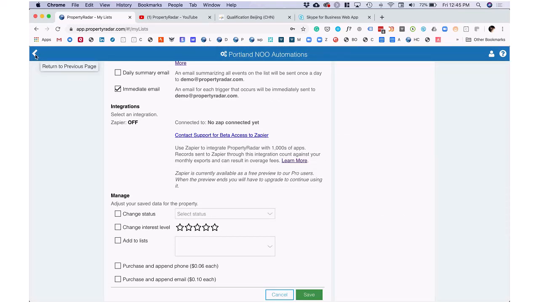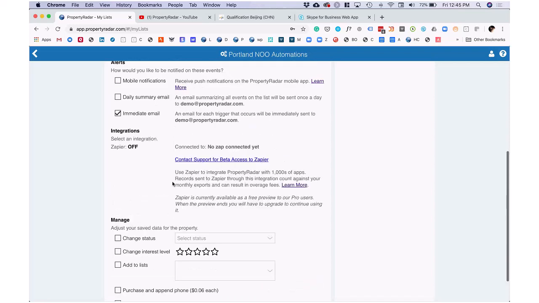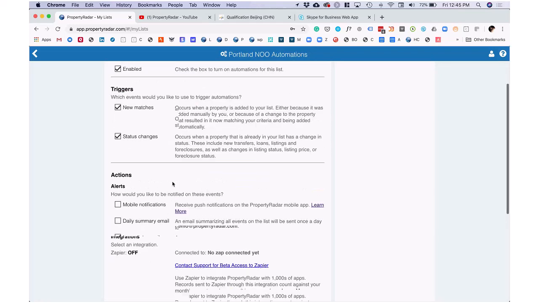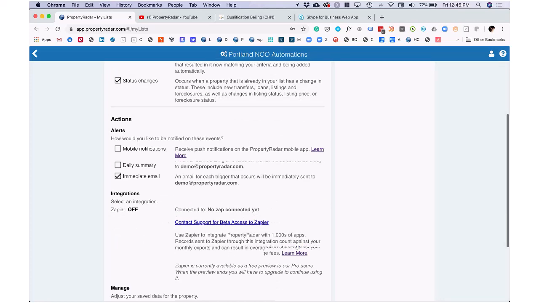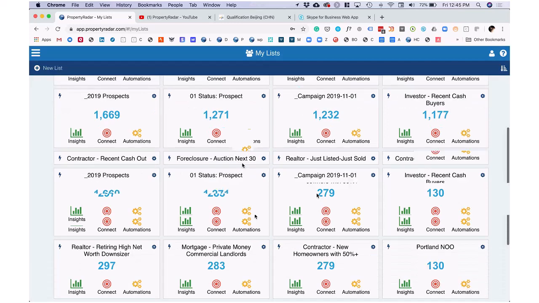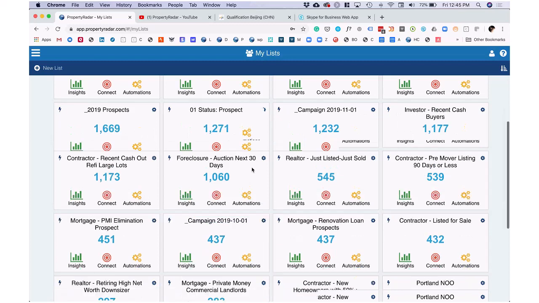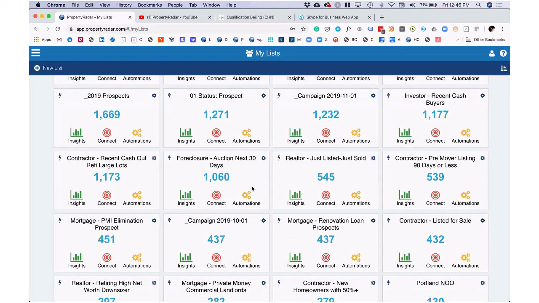And anytime there's a new match to a very particular set of conditions with property owners in my market, I don't have to worry. I don't have to think about it. I just know that a piece of direct mail just went out, or if there's a phone number or an email available with that owner, that a text message has gone out or a voicemail drop has gone out. I'm not missing any aspect of my marketplace. And as these ebb and flow up and down, every opportunity for that particular segment has been captured and acted upon. Does that make sense?